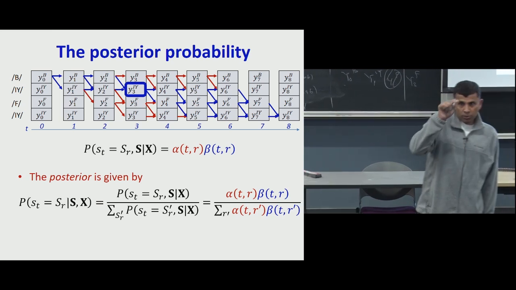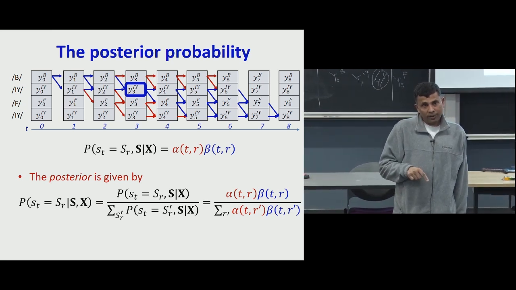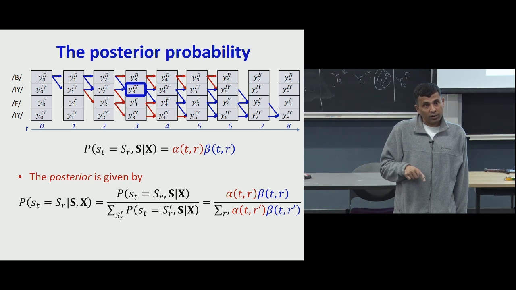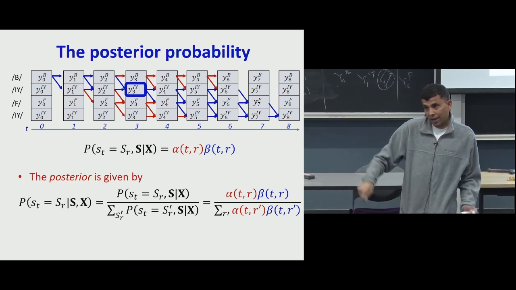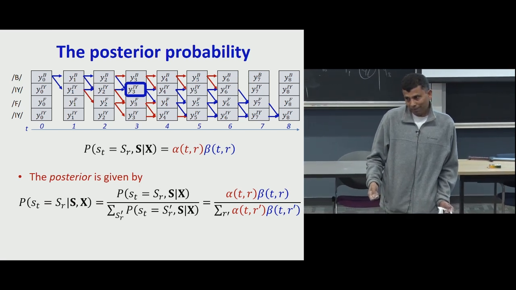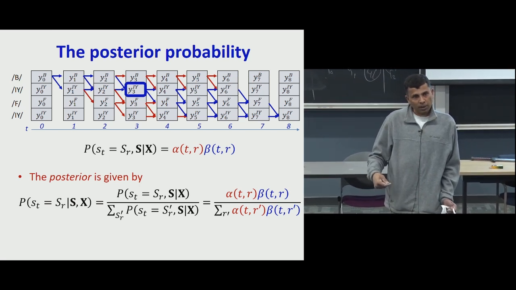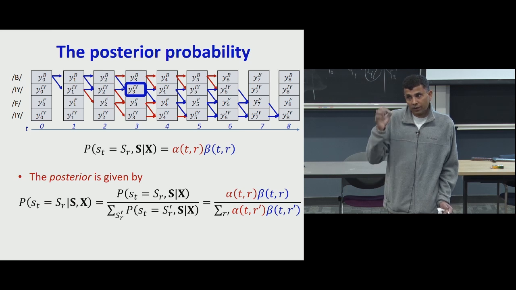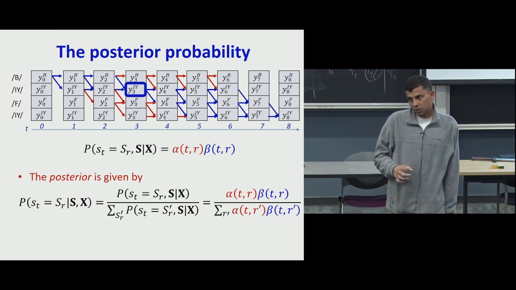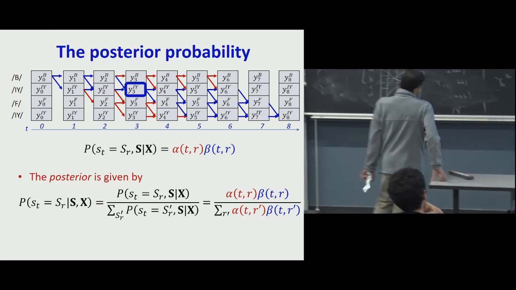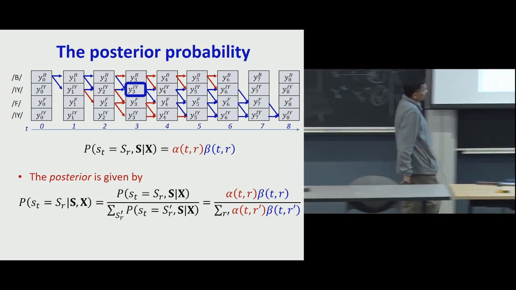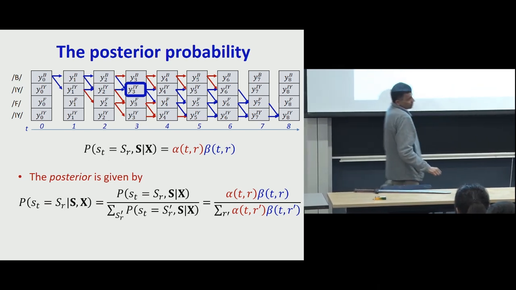I can compute this for every node in the graph, but the sum of those four is not going to be 1, because it is going to be the total probability of the entire graph we've just drawn. You divide by the total probability of the entire graph, and that gives you the conditional probability of each of those nodes. And so you can compute the probability of a symbol SR at time t, given everything,